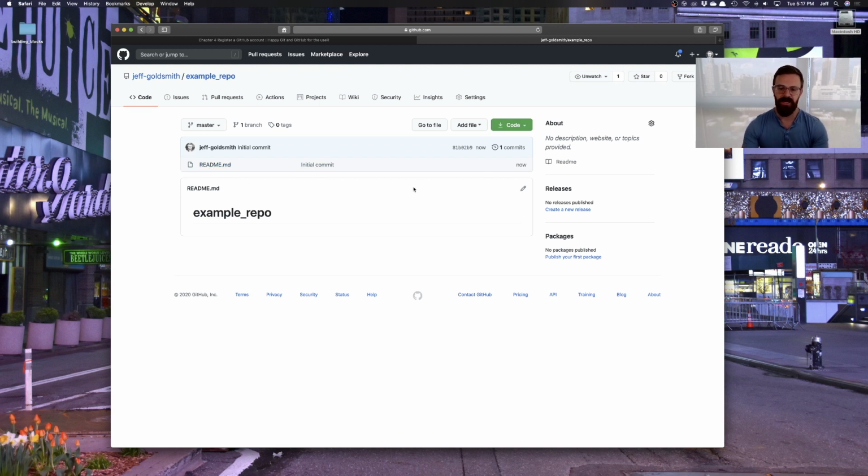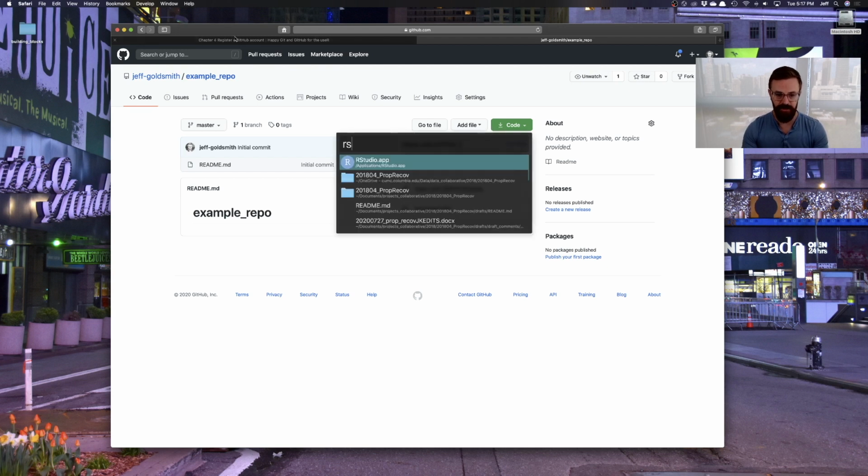but there's not a lot going on. Now, again, what I'm looking at is a repository that exists on GitHub, and to work with this, I'm really going to want this repository to be mirrored on my machine. And so what I'm going to do is click on this little code button, and it's going to say there are a couple of options: you can download, you can open with GitHub Desktop. What I'm going to do is click this button that copies this address to the clipboard. Okay. Now I'm going to open up RStudio,